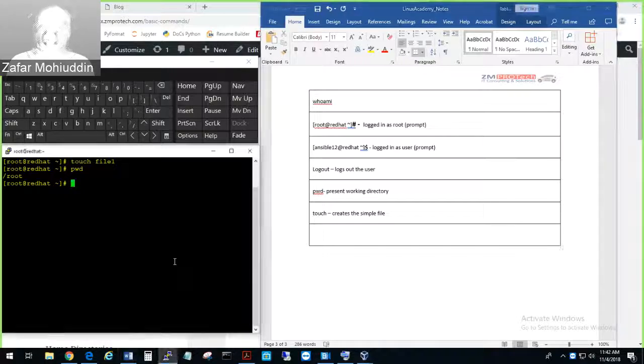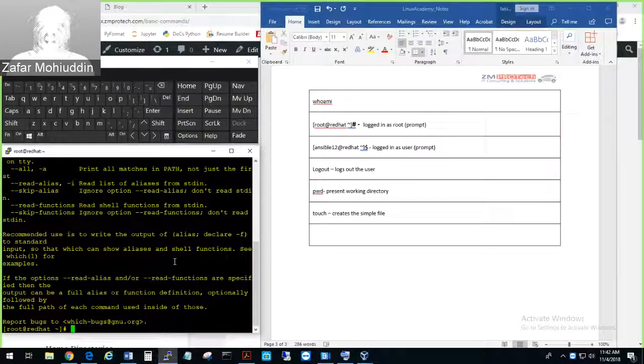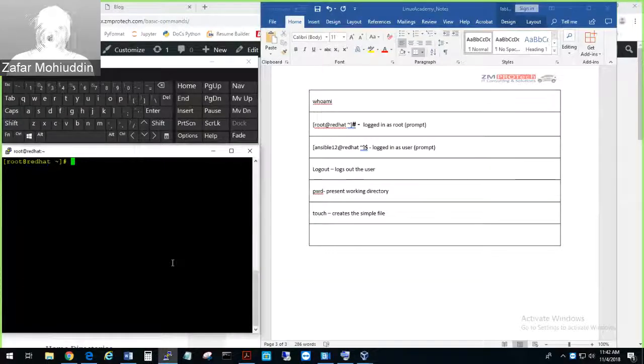And there is a command also called which. When you just type which and hit enter, it's not going to give much information. It's going to give you how to use it. The which command is what you use to see if a software or command is installed on your host. So if you type which touch,